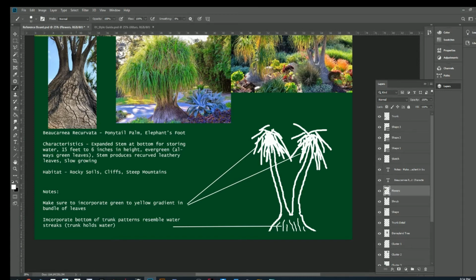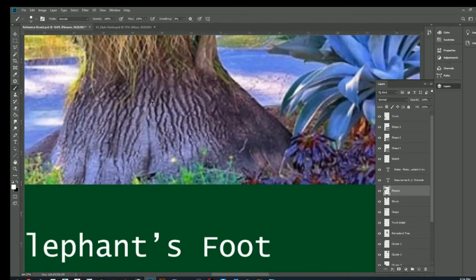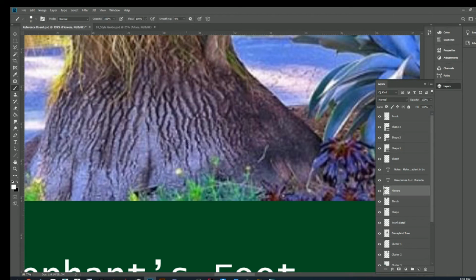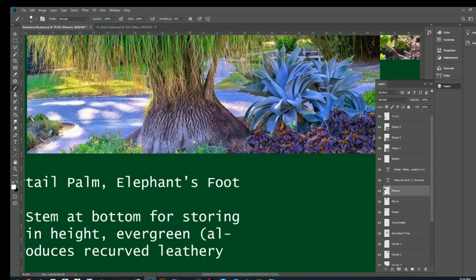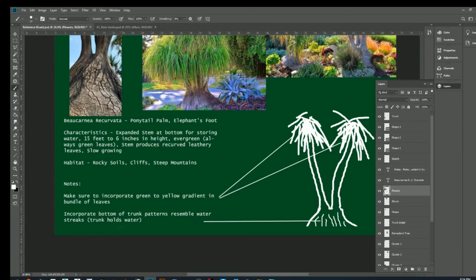Another thing I found out while researching this is that the trunk is very reminiscent of water streaks, and as we know now, that's because it stores a ton of water in this trunk base here. So I really want to make sure we incorporate some of that into our asset,